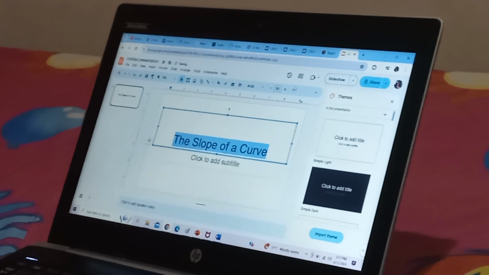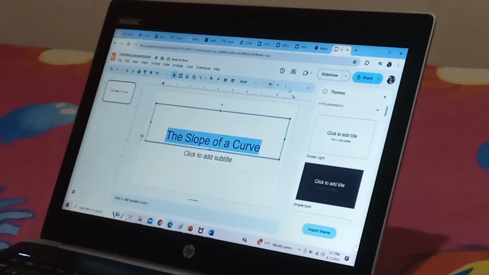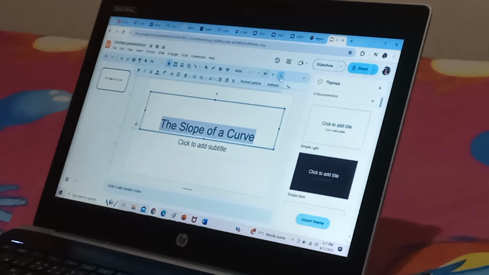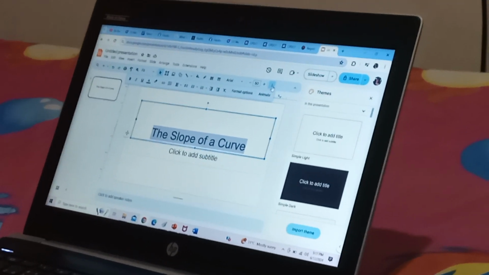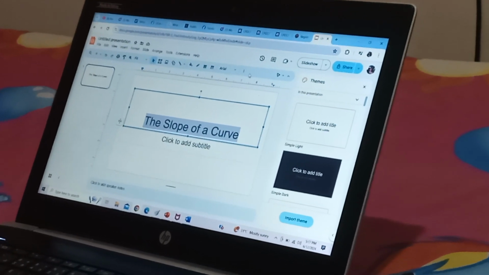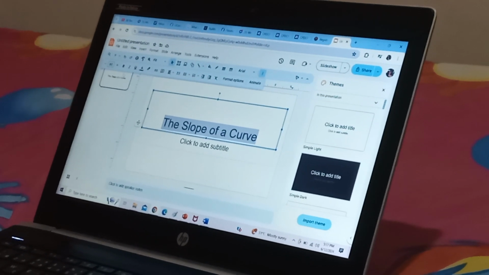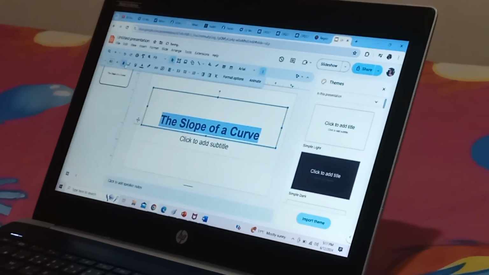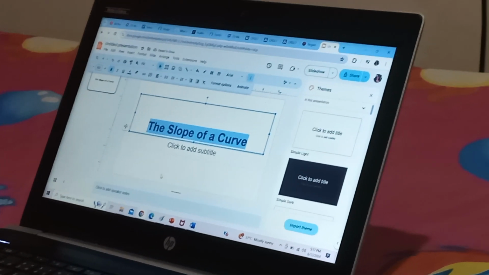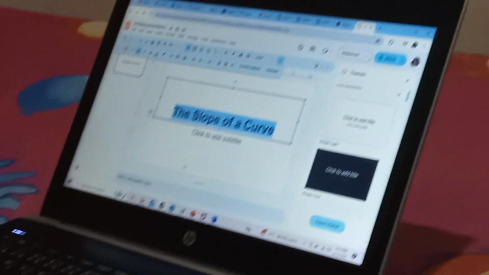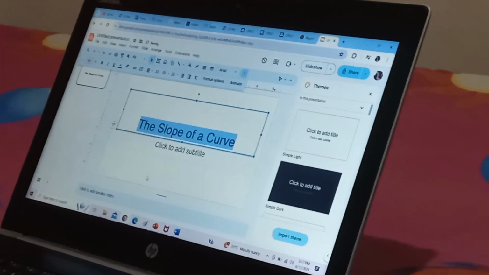Then make it bold. To see the different icons for font text, I will click these three dots, then choose bold. You can also do it in a shortcut way, just press Ctrl and B on the keyboard.